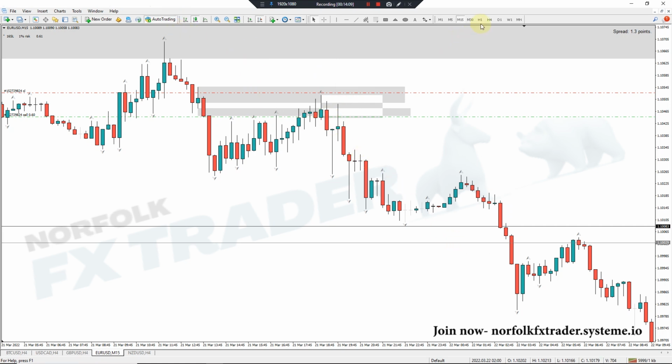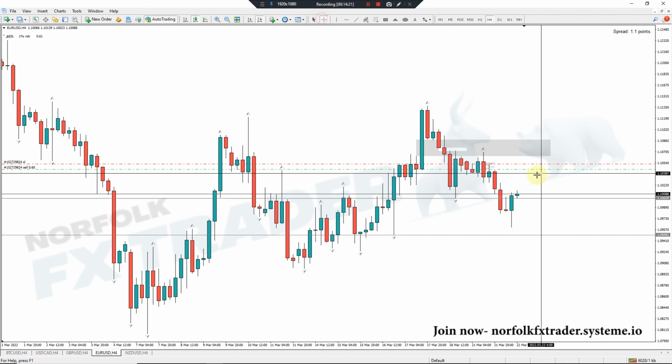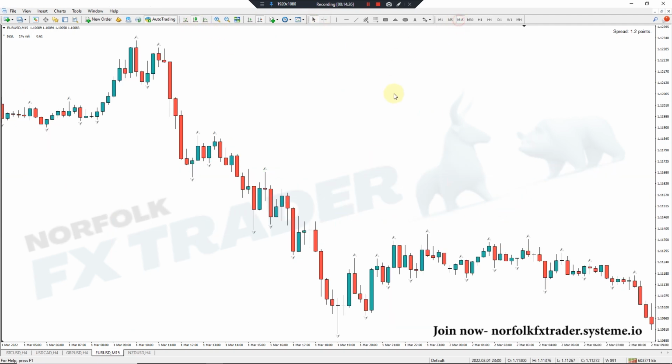Now I was looking for a potential target at this low here in the market. Now, as you can see, this did not get hit until early hours of the morning. I was asleep, so I actually didn't close this trade until I saw it down here this morning. If I go to the 15-minute chart,